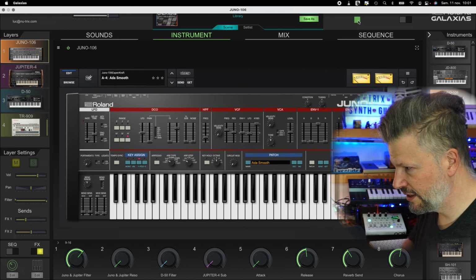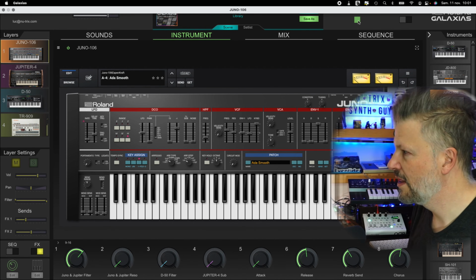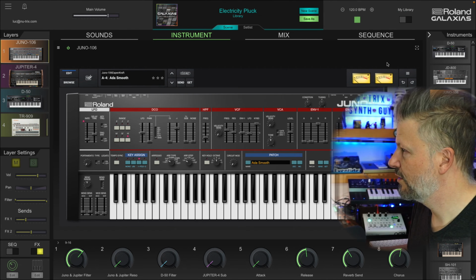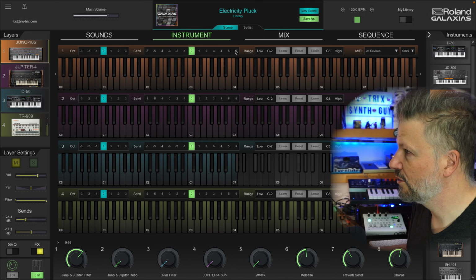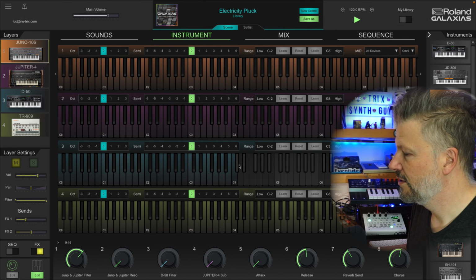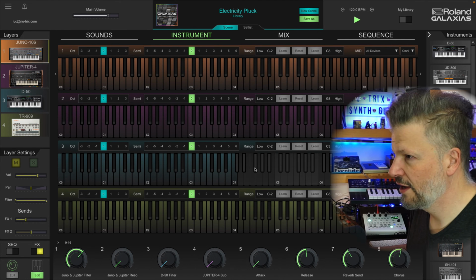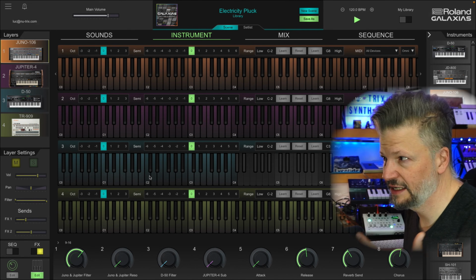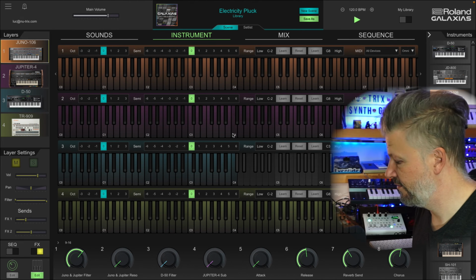So when I play the keys, it plays with all of them together. So it's a different approach. If you look at the way the sequence edit works, in this case, there's only this one that doesn't go to the high keys. So the D50 is mostly seen as a bass, whereas the other ones, they have